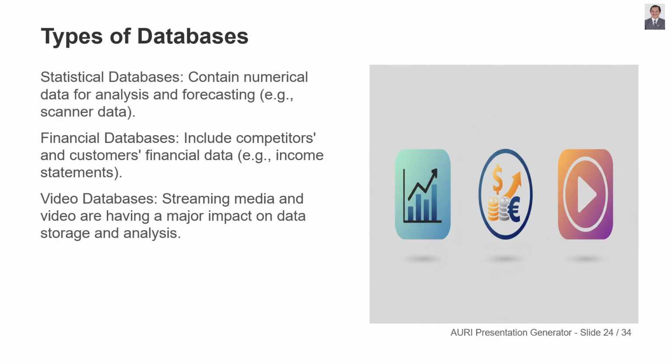Databases, which store structured information, can be categorized by the type of information they manage for different analytical uses. First, statistical databases hold numerical data. They are used for quantitative analysis, forecasting, and identifying trends. Geographic Information Systems, or GIS, are a subset of statistical databases that integrate spatial data to create interactive maps, offering